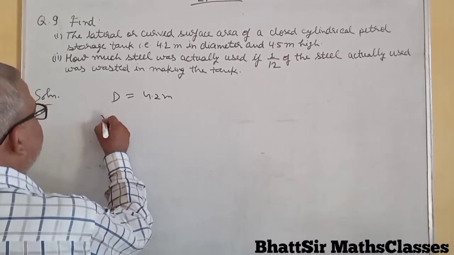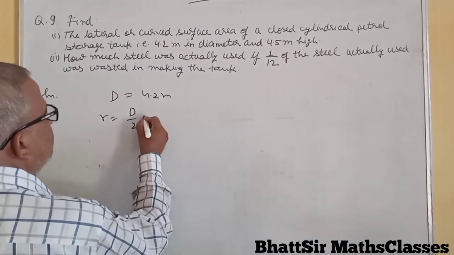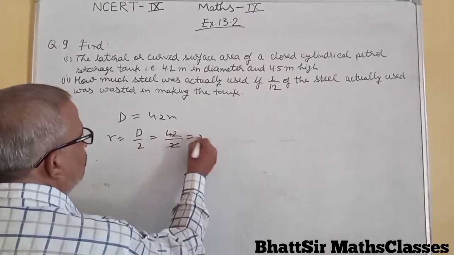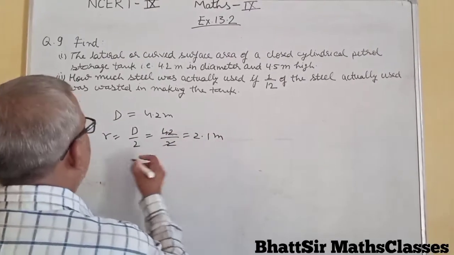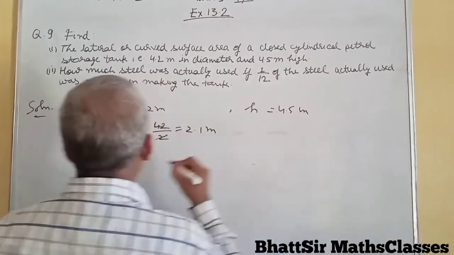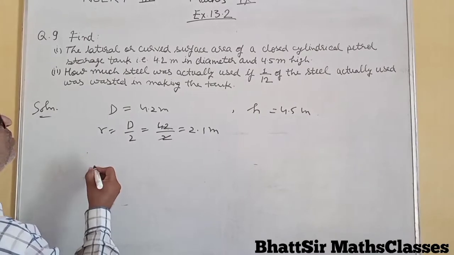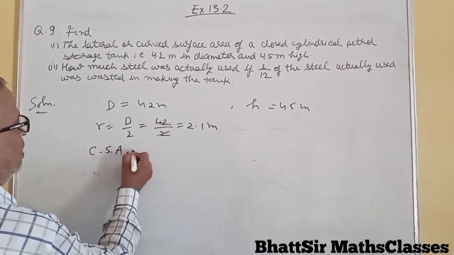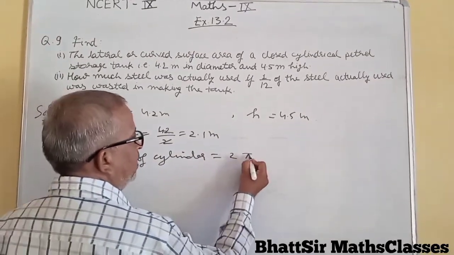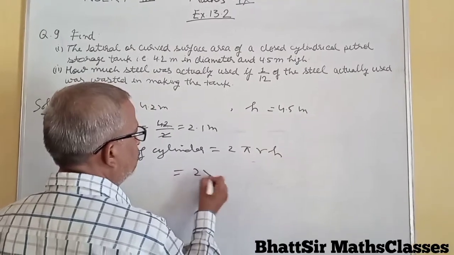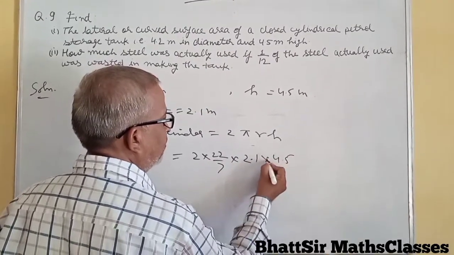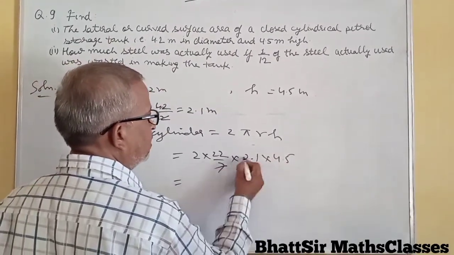So we have to calculate the radius, diameter upon 2, 4.2 upon 2, 2.1 meter, and height equal to 4.5 meter. So in this question we have to find out the curved surface area of cylinder equal to 2 pi RH equal to 2 into 22 upon 7 into 2.1 into 4.5 equal to 7 3